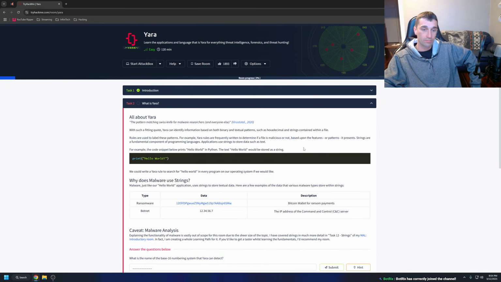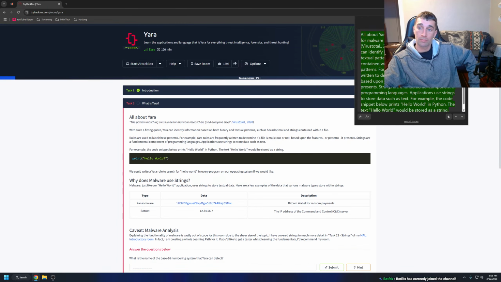All about Yara, the pattern matching Swiss knife for malware researchers, and everyone else, VirusTotal, 2020, with such a fitting quote, Yara can identify information